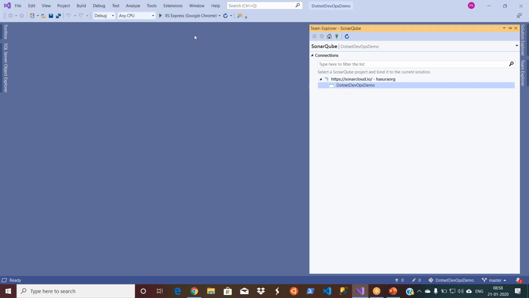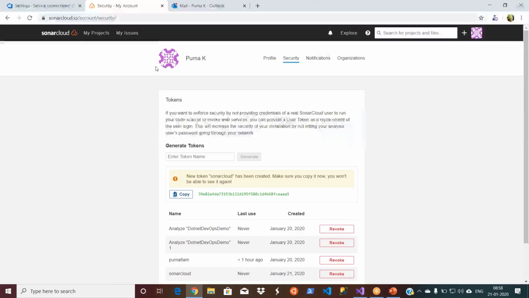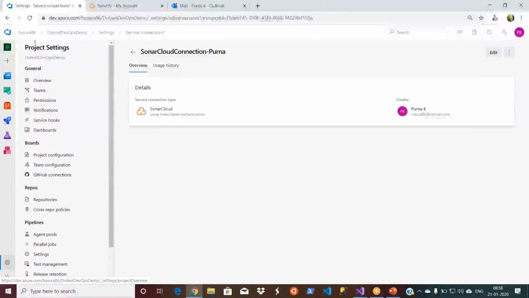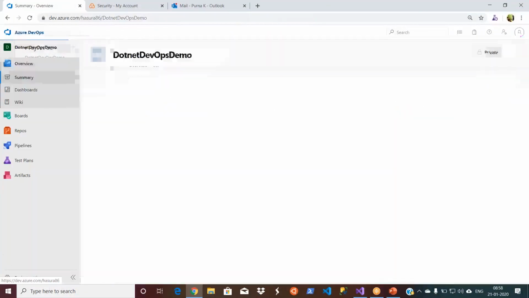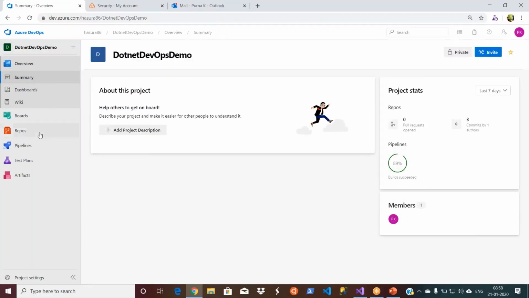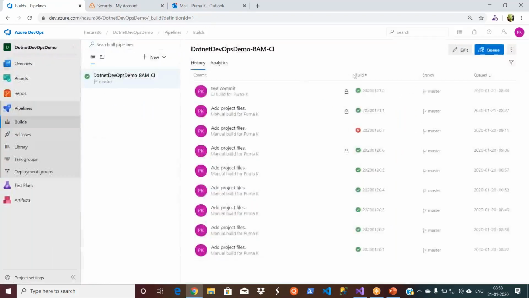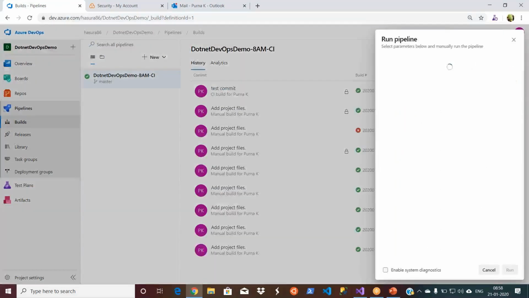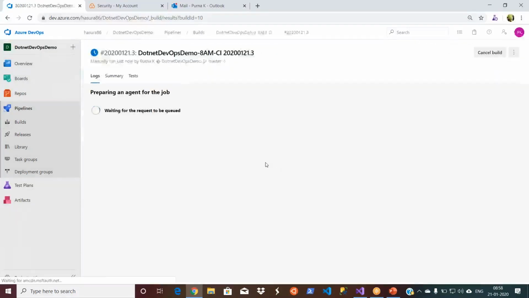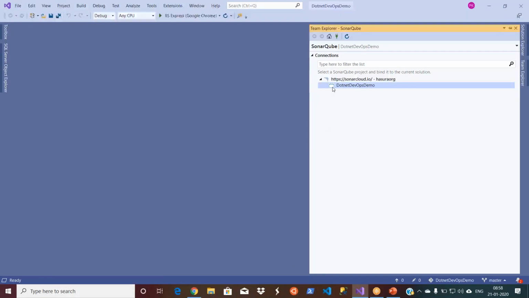I did not disable that token, so both should work. Probably what I do, I'll kick off this one so that you will not have that doubt whether that token works or not. Let's go to the pipeline. Basically now we have two tokens. So let's queue the build. Let it go. Now done actually. Now I integrated my local .NET code with my Sonar Cloud or SonarQube with the same rule set.